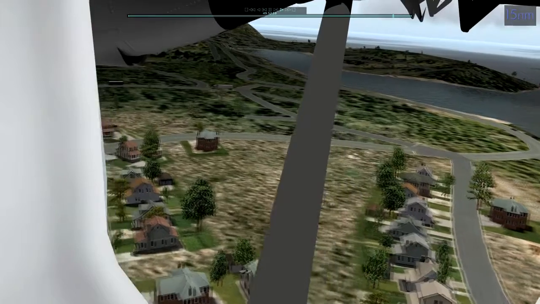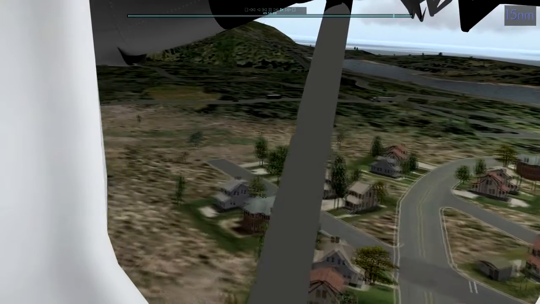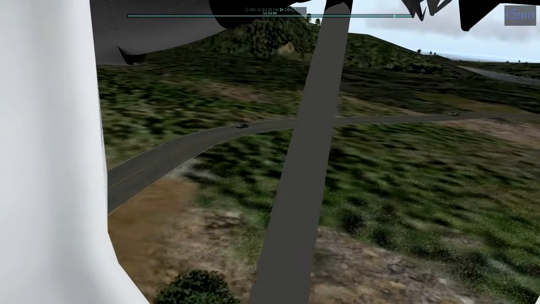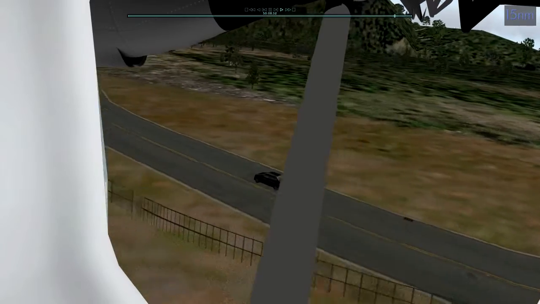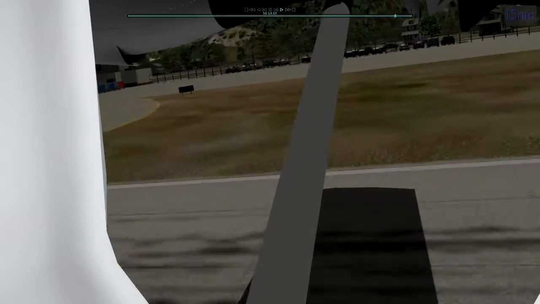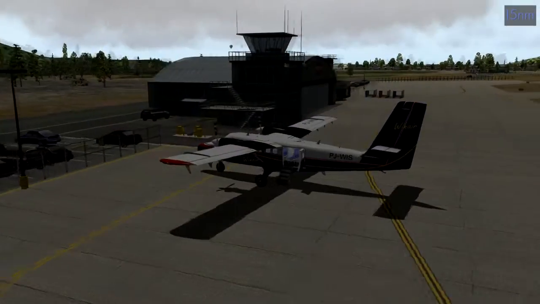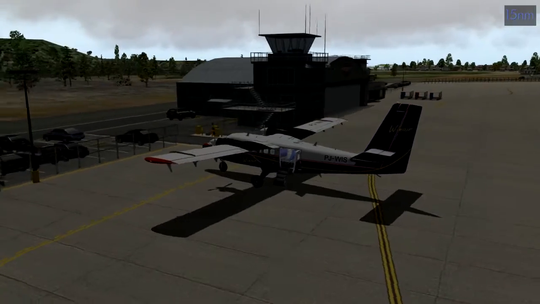Having a nice look out the window. It was a nice nose down. And that was just going too fast and came out of there too steep, I think. Yeah. Alright, so here we are under a cloud shadow. Pretty dark cloud shadow too, so...